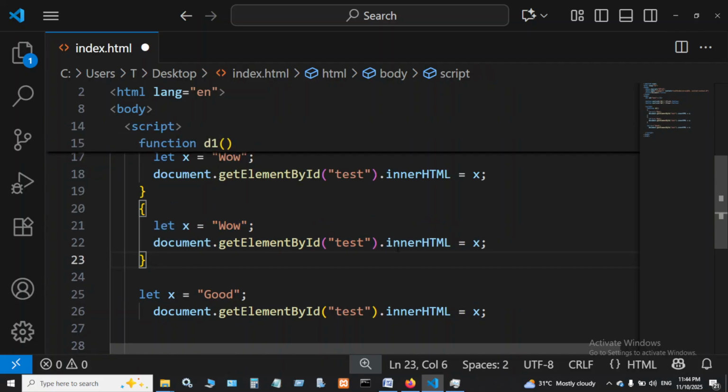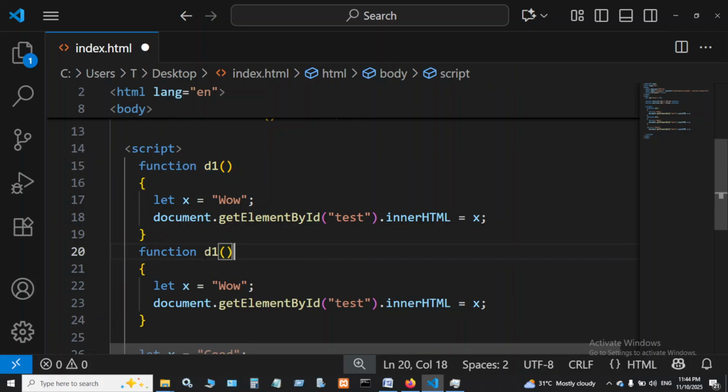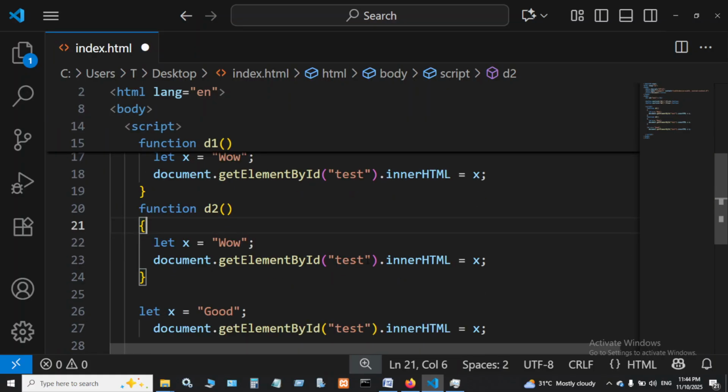So I can just write this one. This second function should be, carry this one right here, place it at the top of this place. The second function is D2, right? Inside these two,